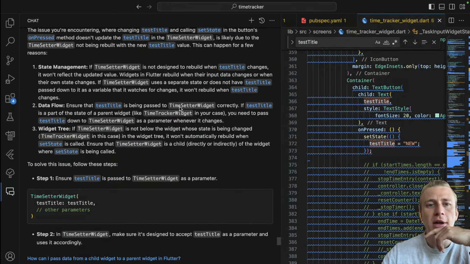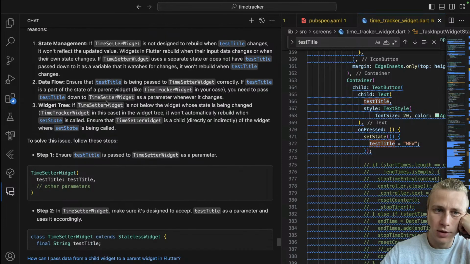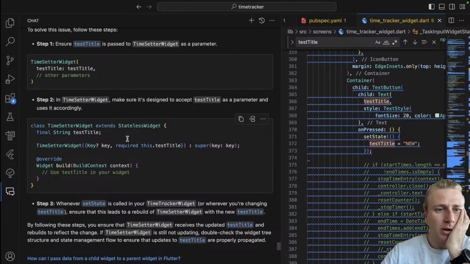Ensure the test title is being passed to timesetter widget correctly. If test title is a part of the state of a parent widget, like time tracker widget, you need to pass test title down to the parameter whenever it changes. Widget tree: if timesetter widget is not below the widget whose state is being changed, it won't automatically rebuild. Ensure the timesetter widget is a child, directly or indirectly, of the widget where set state is being called. Okay, so it seems like maybe